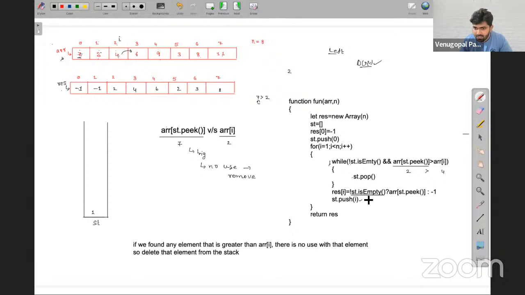But my stack is not empty now. What this condition is saying is stack is not empty. True, stack is not empty. Then what we keep, ARR of st.peak will go ARR of 1, and we're going to keep 2 here. Are you getting? It takes some time to grasp. Same. Resultant of I is equal to 2 only we are keeping now.